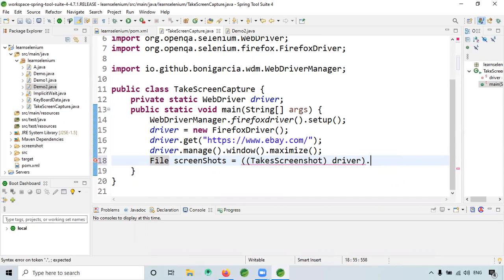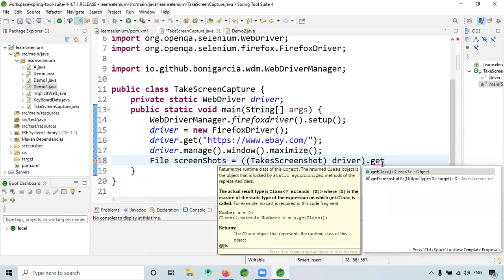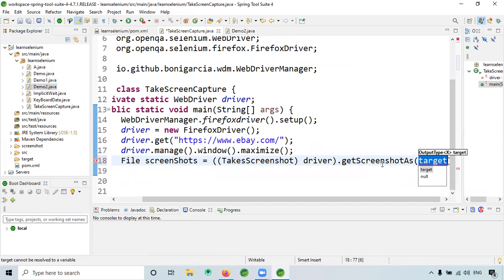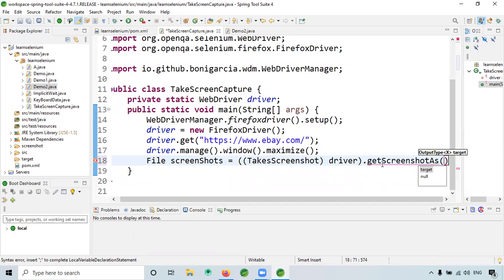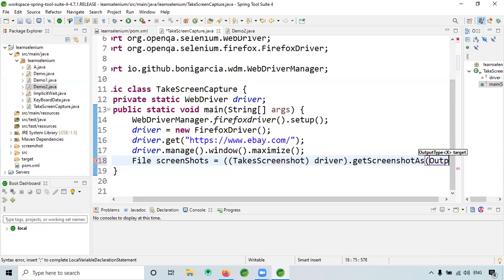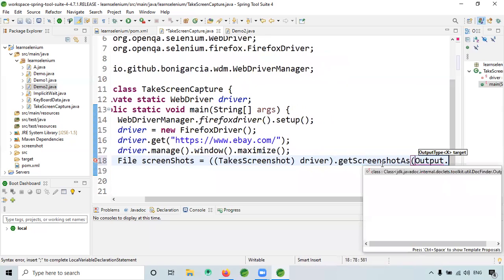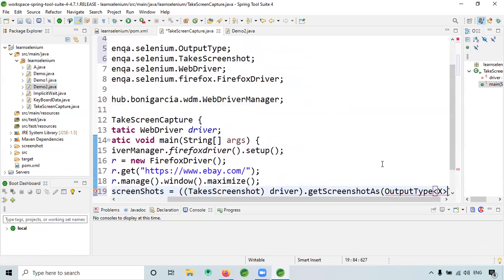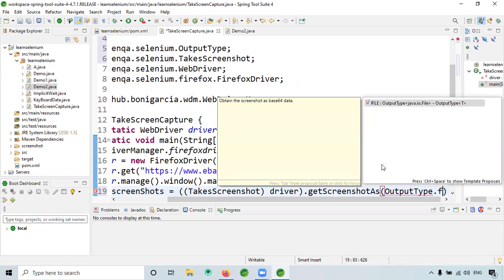Dot get screenshot as, output type dot file.